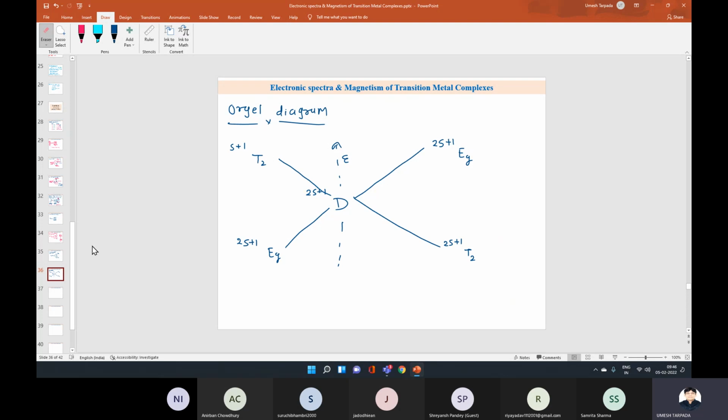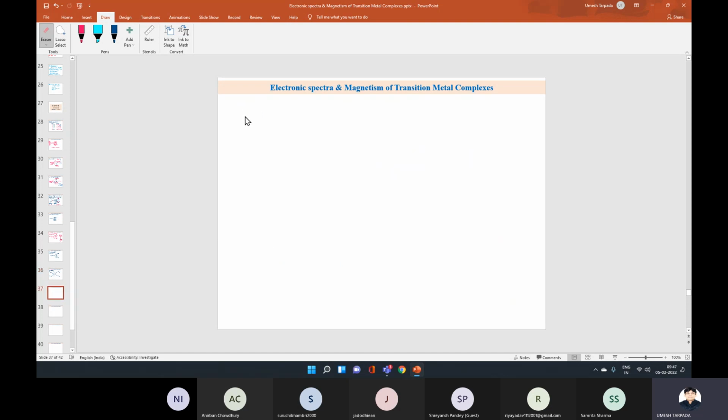तो इस केस में जैसे ओरेगल डायग्राम आप ड्रॉ करो, इसमें जो ग्राउंड टर्म है, आप इन शॉर्ट देखो। जैसे हम डायग्राम ड्रॉ करेंगे तो लोवेस्ट एनर्जी टर्म ग्राउंड टर्म है। D1 या D6 इन सब डायग्राम्स में जो ग्राउंड टर्म है, वो E है। D2 और D7 में ग्राउंड टर्म जो है वो T है, और D3 और D8 में ग्राउंड टर्म जो है वो A है। ये हैं ग्राउंड टर्म।